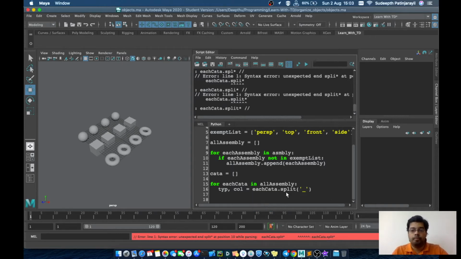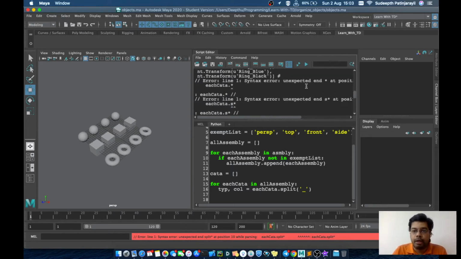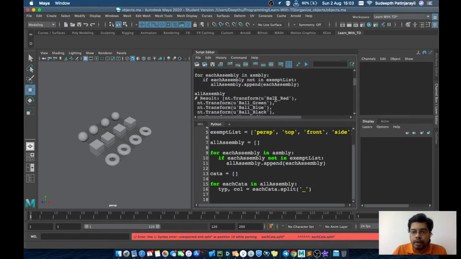This is a string function. It will take this underscore and cut the string, and this will be the 0th index and this will be the first index. So the 0th index will go to the type and the first index will go to the color.